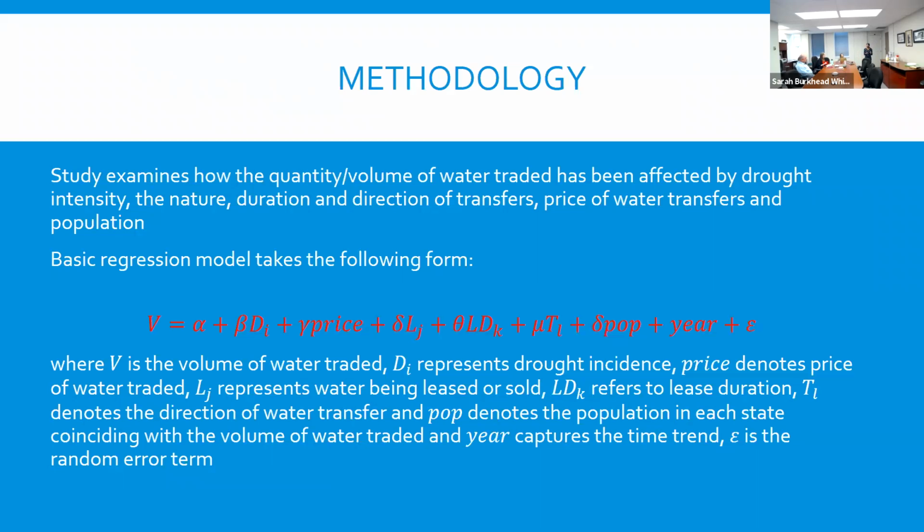This is different from sales of water rights, which you do not see here in this equation, because I just took them as dummy variables. I said, okay, lease is 1, so sales will be 0. If you put a dummy variable in your model, the 0 will actually pick up the sales effect. So if your mathematical impact of 0 is more, I'm talking about sales.